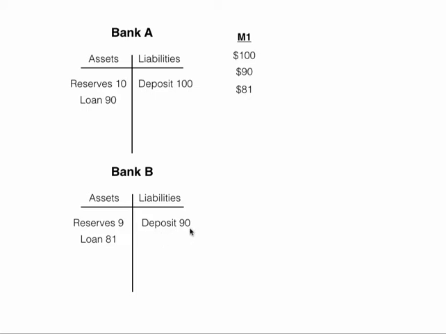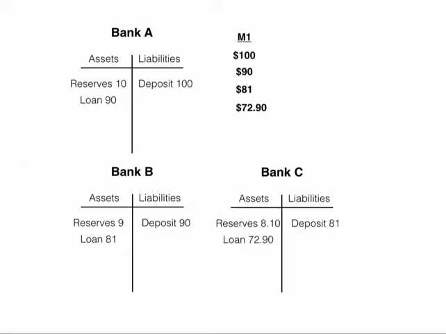So the same thing happens here. We're going to hold 10% in reserve, and we're going to lend out the rest. As soon as we make that loan, we have increased the money supply. And let's just do one more. That loan becomes a deposit somewhere else. $81, we're going to hold 10% of it, we're going to lend out the rest. So as you can see, we can keep going, and we're continuing to add to M1, and theoretically we can